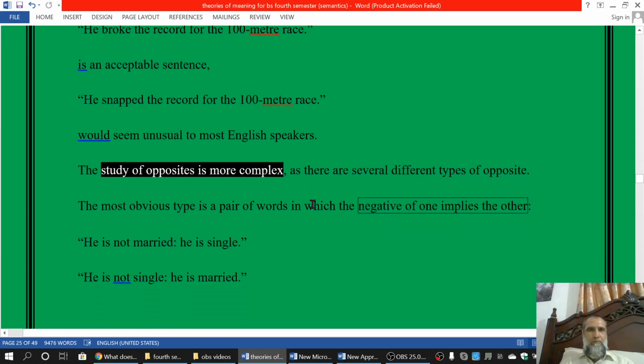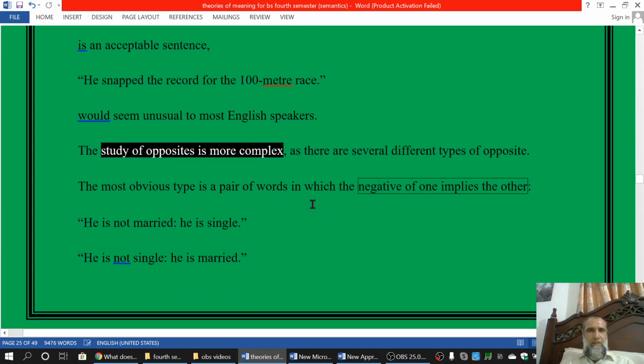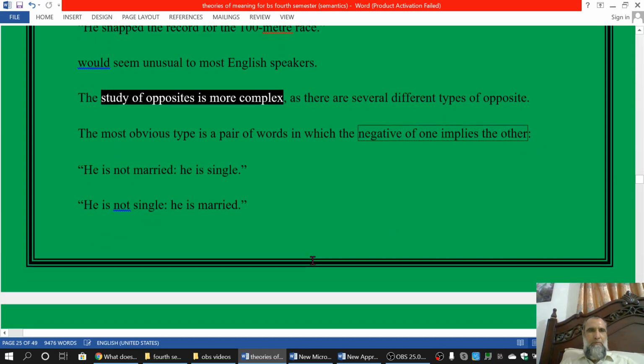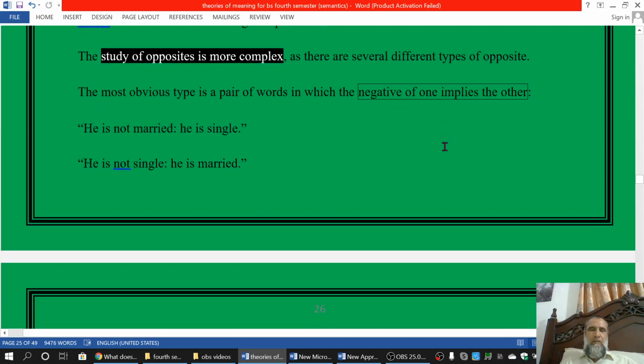تو اس کے بعد ہم نے study of opposites پڑھا اور اس کی ایگزامپل پڑھی. The study of opposites is more complex as there are several types of opposites. مختلف قسم کے opposite ہیں. The most obvious type is a pair of words in which the negative of one implies the other. ایک قسم وہ ہے جس میں ایک کا نیگیٹو جو ہے اس دوسرے کا جو کہ پازیٹیو ہے انٹونیم ہوتا ہے,